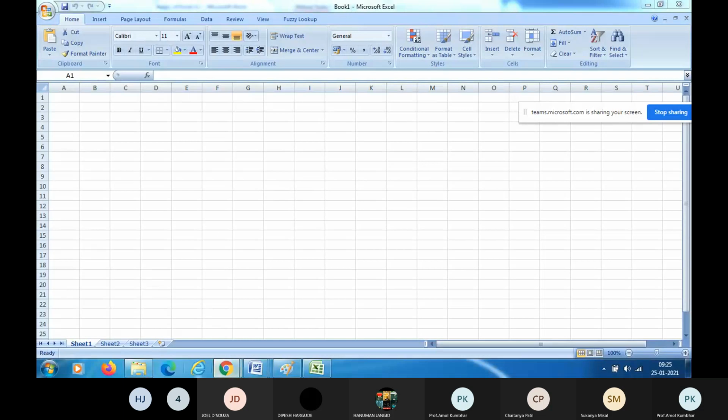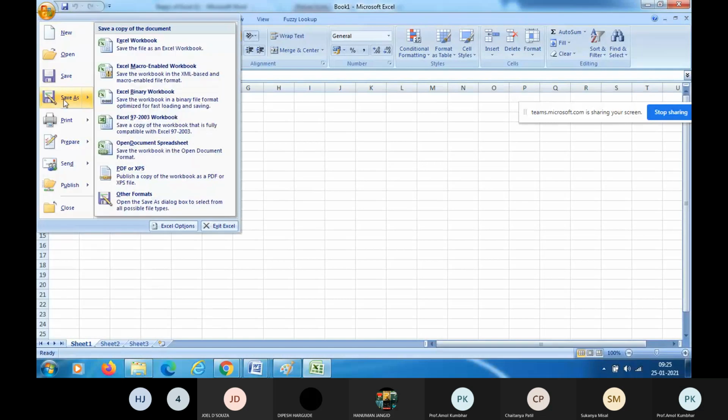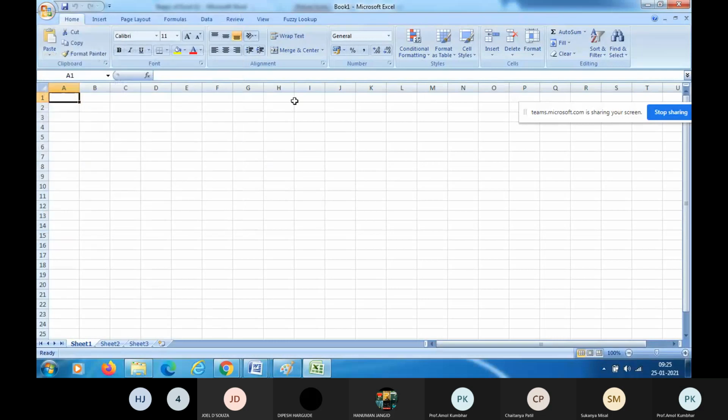How to rename this? Go to this symbol, Save As, right? When you click this Save As, options will be available to you. You can rename your Book 1.